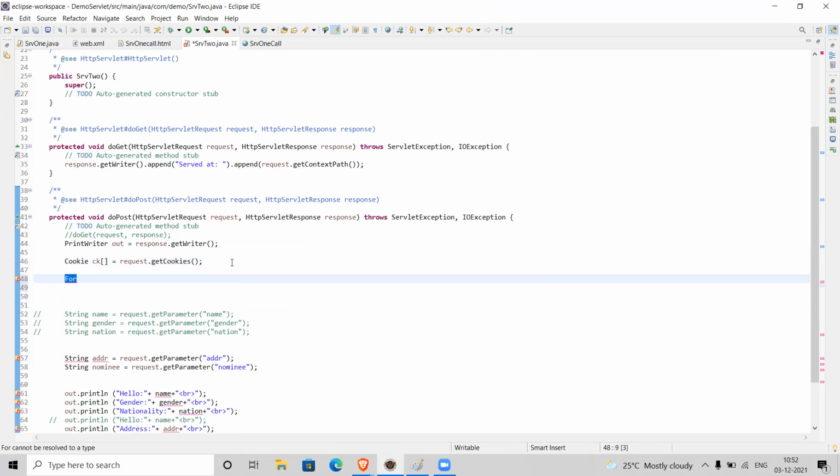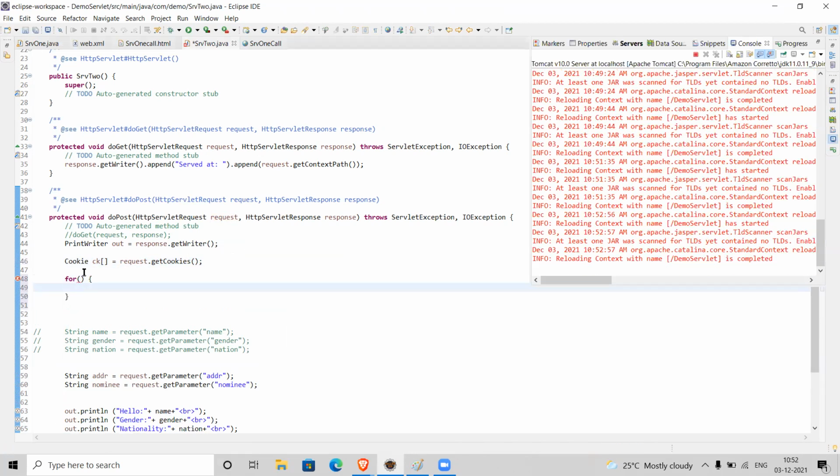So I'm using a for loop to get cookie information.